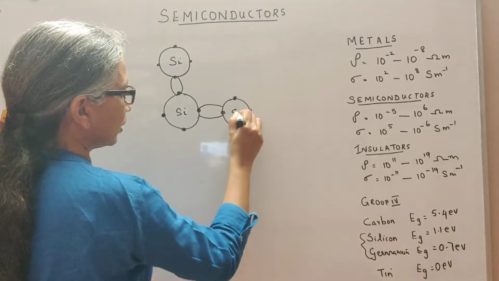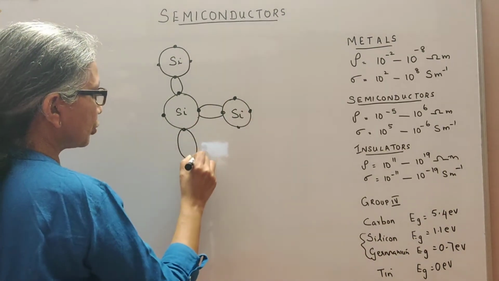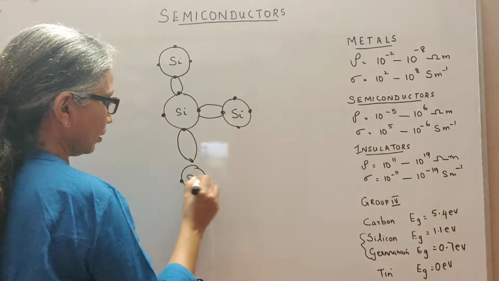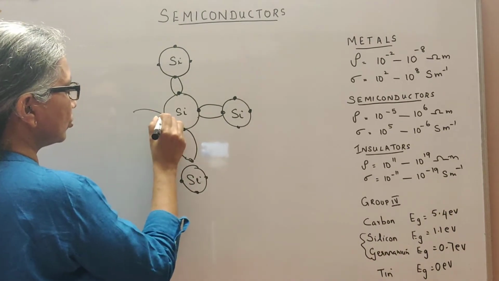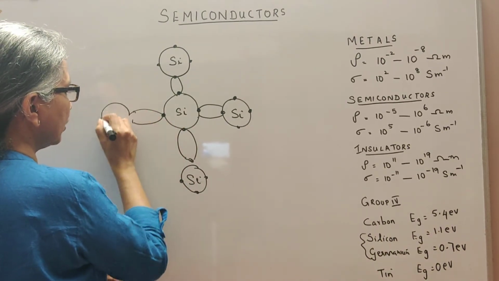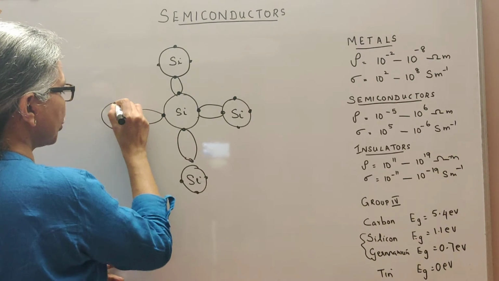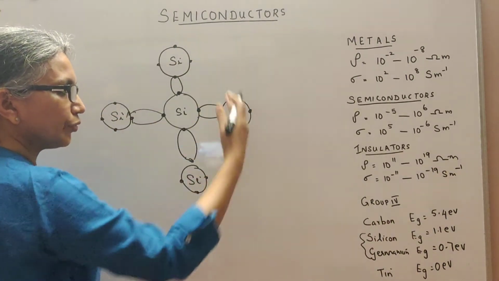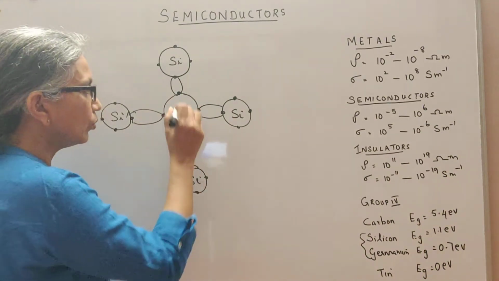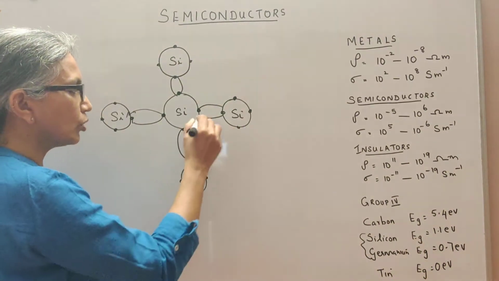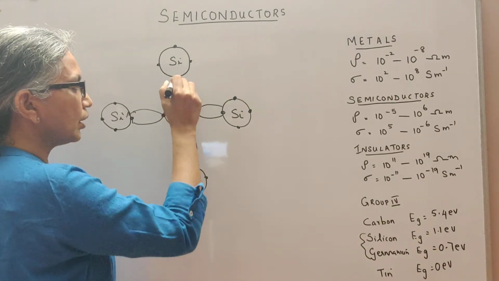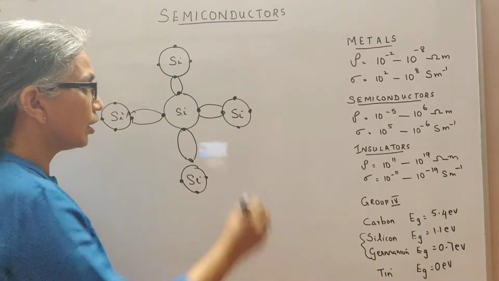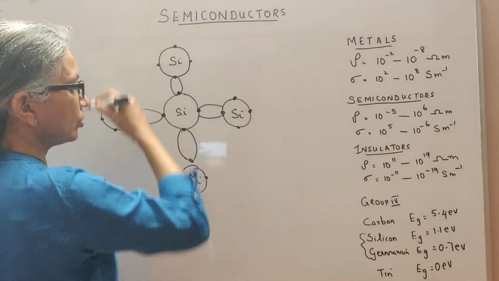Here, this is silicon here. This electron will be shared in a covalent bonding with another neighboring silicon, and this will also enter into bonding with a neighboring silicon which has its 4 valence electrons. Now here there are lots of other silicon. I am just showing one which is entering into a covalent bond, so that now this silicon has 1, 2, 3, 4, 5, 6, 7, 8 and has completed its octet. This silicon will bond with other silicon and so on.